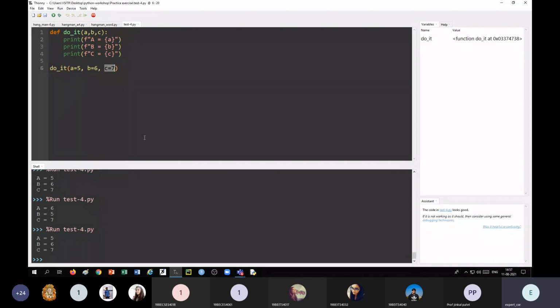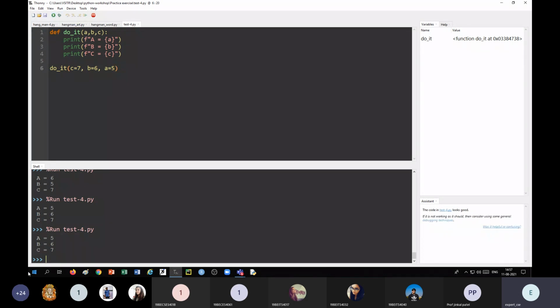Now let me write in any order, say Control X, Control V. Now if we do it this way, even though it is in any order, we'll get the value of A equal to 5, B equal to 6, and C equal to 7.